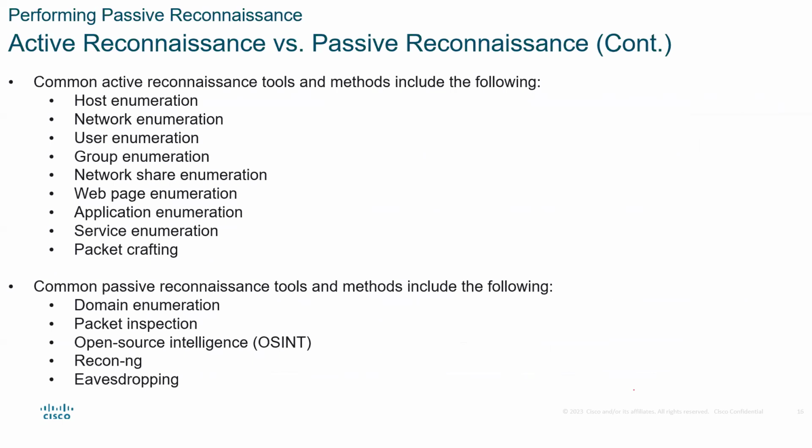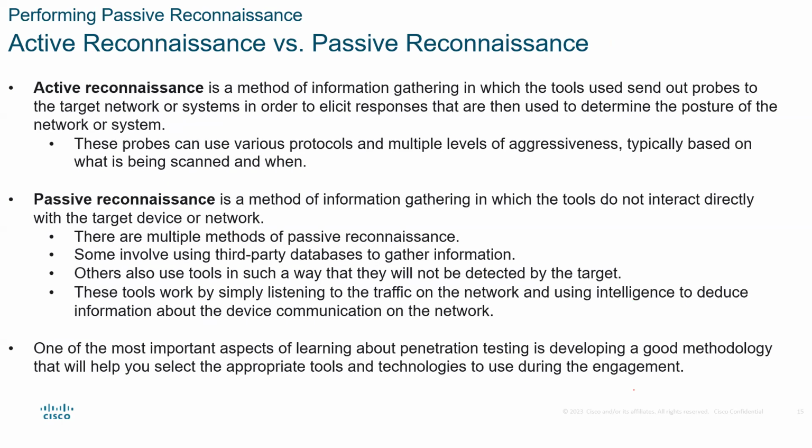So common active reconnaissance tools and methods include the following: host enumeration, network enumeration, user enumeration. Again, remember, this is targeting hosts, targeting networks, targeting users, targeting groups, targeting network shares, web pages, applications, services, packets, and so on. Packet crafting. There's a tool, I think it's listed in your curriculum. I can't remember where it is. Let me find out. I think it is